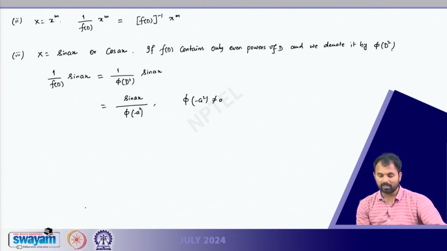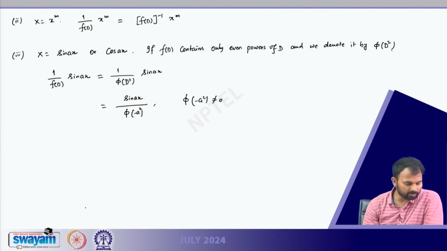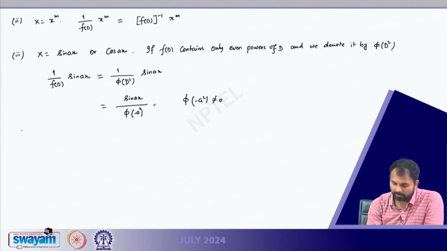This is one way, and if phi(minus a square) is becoming 0, then f(D) contains